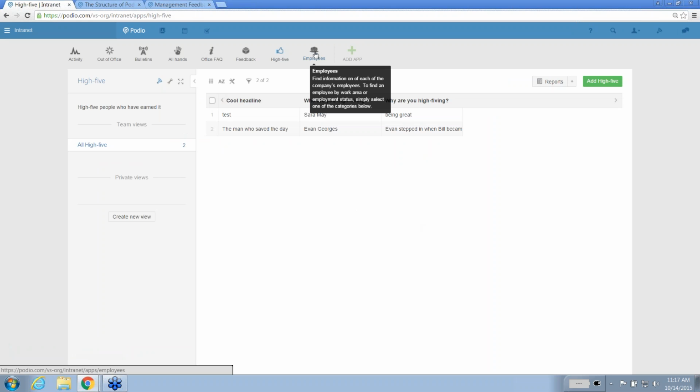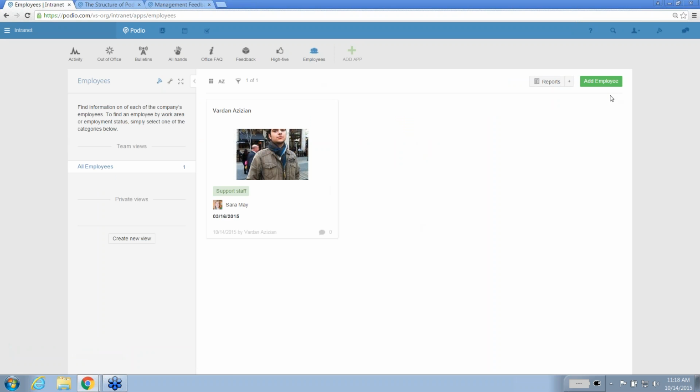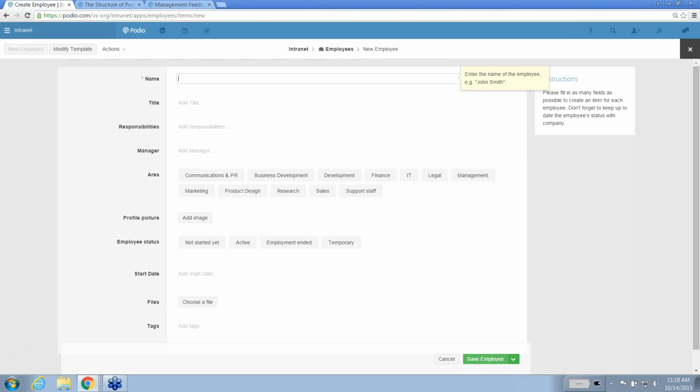The final app I have in my workspace is the Employees app. This is a central database of all the employees within the organization. It allows you to input as much information as you would like to be shared. Of course, there's some confidential things that should not be posted. But here we have a space for the name, their title, responsibilities, who their manager is, their area of employment. We even have a space to put a profile picture so you know what the person looks like. And their employment status, whether they haven't started, they're active, they have left the company, or they're temporary,